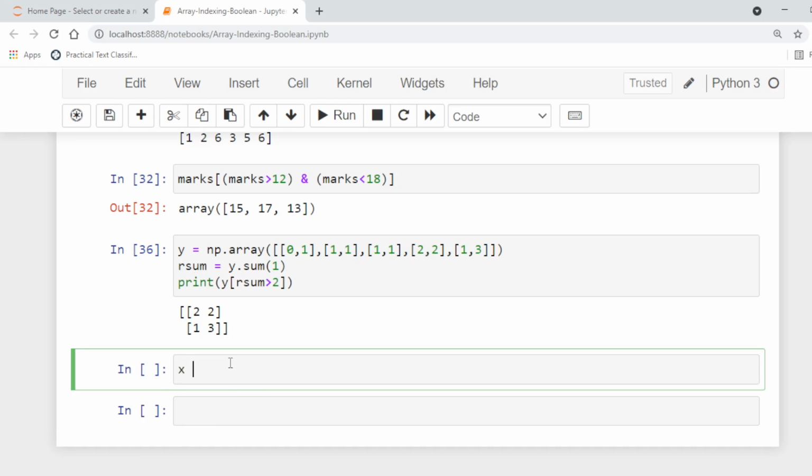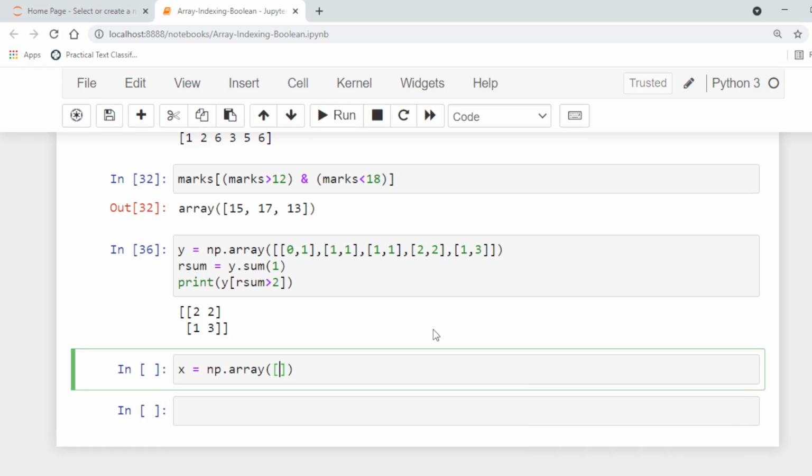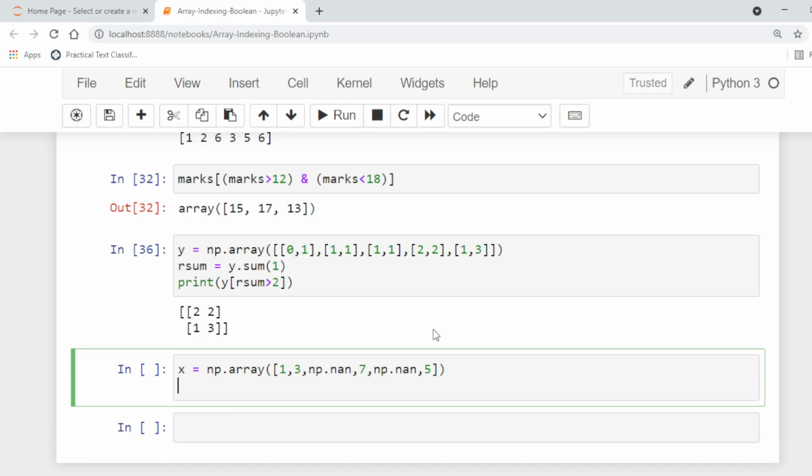So for example, if we have an array in which there are NaN values and we want to remove them before analysis, let's say we have data like this, np dot nan, and so on. So this is the array. Now we want to remove all the values from the array that are not a number.